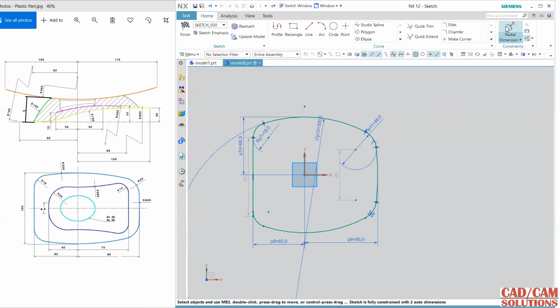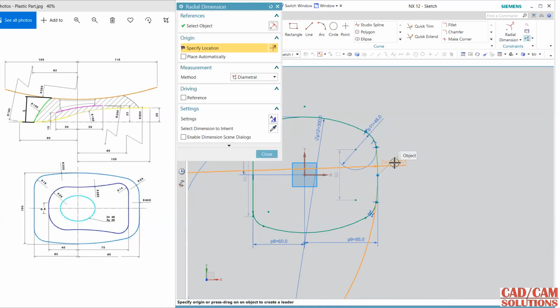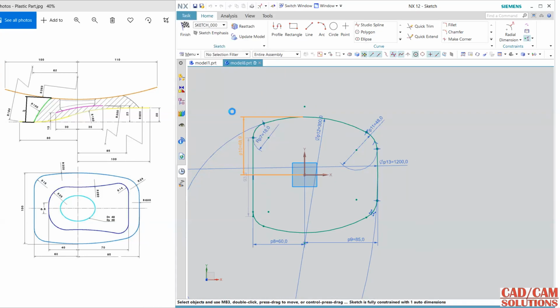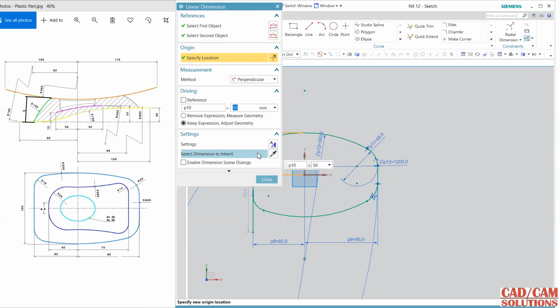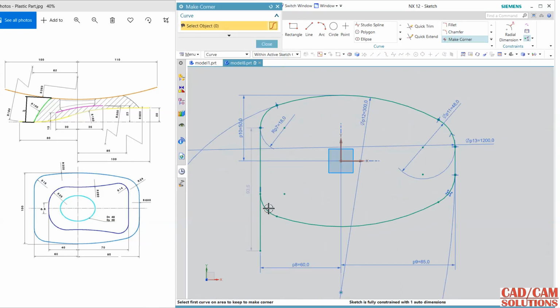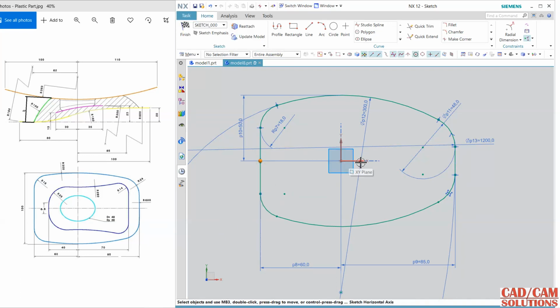and still it is remaining. So select, and the dimension of this diameter, basically it is diameter, so 600 is a radius, so 1200 will be the diameter, right? Now change this to 50 and close, and this line is extra, so match this, and this point and line, this axis, make them constant, and do the same for this. My sketch is fully constrained,